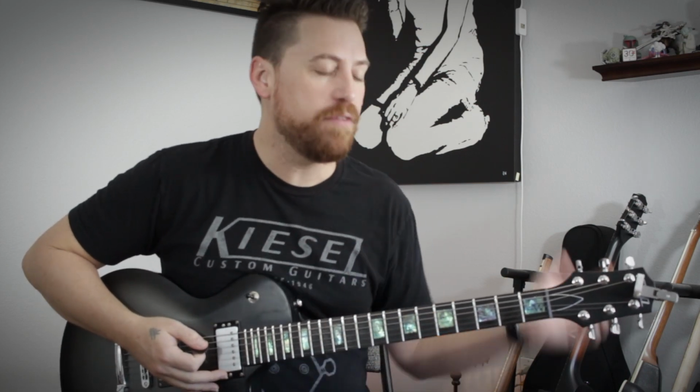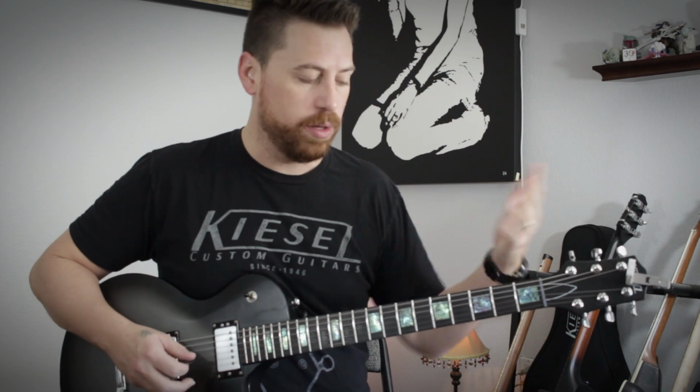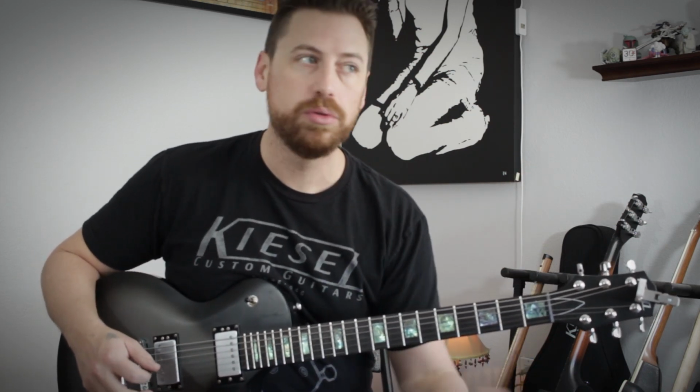So let's check out some simple triads. A really fun way to explore keys is to have a piano or an organ that can drone those low root notes over everything, and we can get away with that on the guitar, especially in drop D, because it works well. So we have this low power chord,